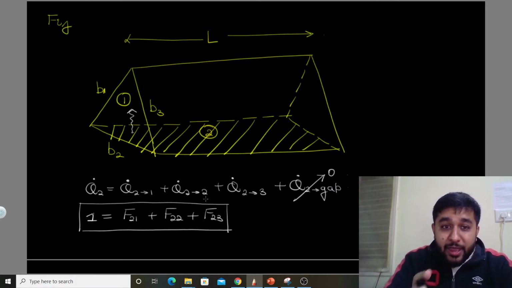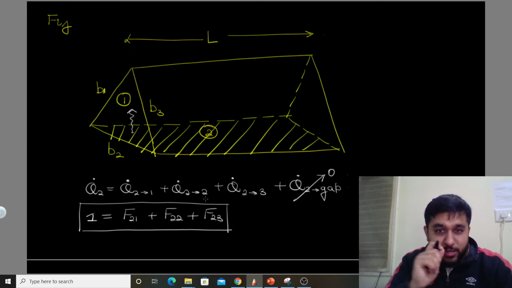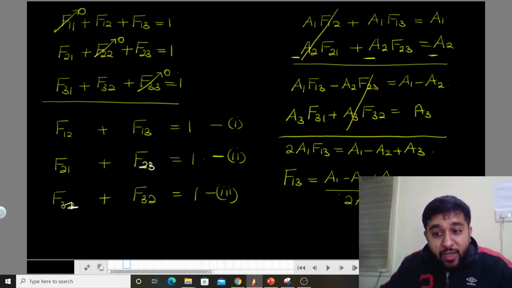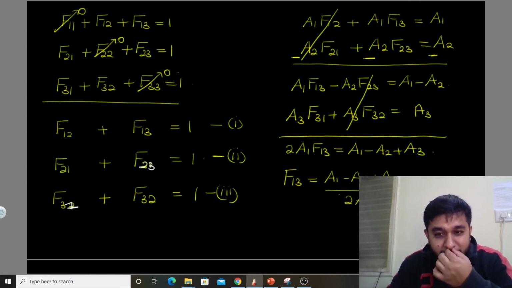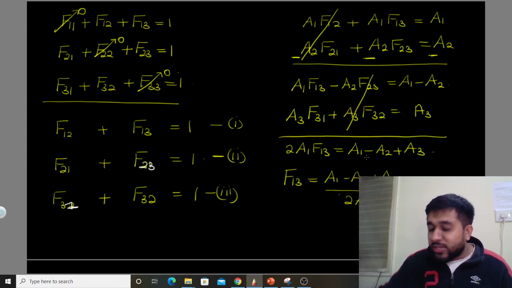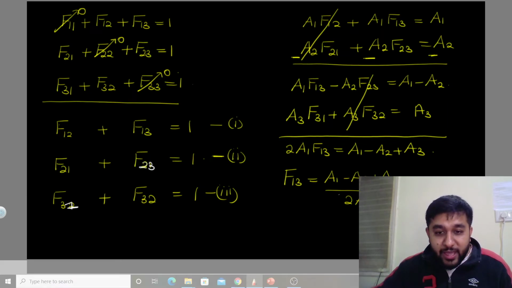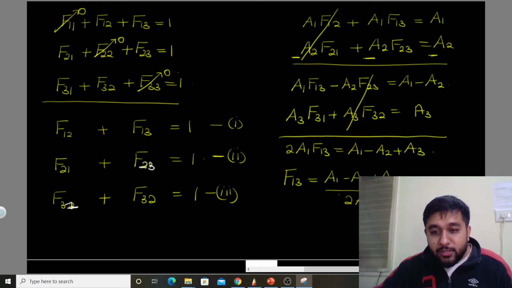Now in this entire duct, there are 3 surfaces only. So this is a 3 surface enclosure, right? And in this 3 surface enclosure, we are talking of F13. Guys, I think you might not be able to see the video which I have done in this part, because something will be hidden behind my video. So let me put it somewhere else and show you. Just hold on. I will show you over here.